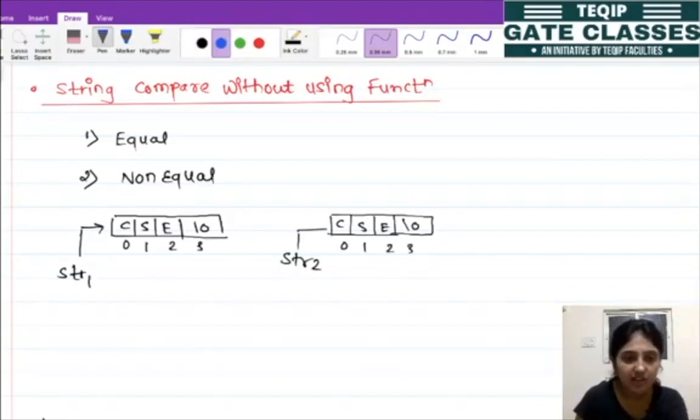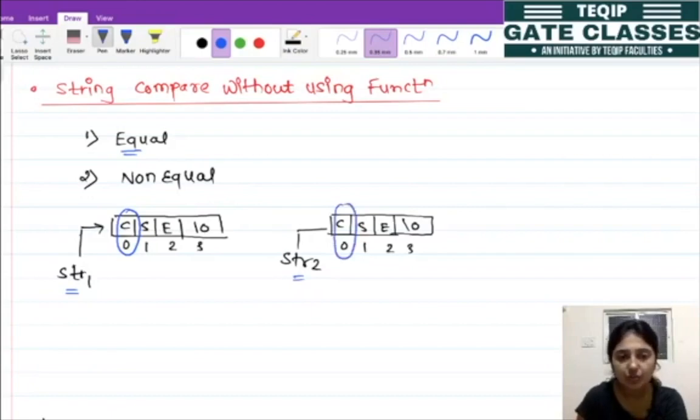Okay, so let's see how we can approach this problem. When we have equal strings, here we have str1 pointing to this array and str2 pointing to this array. So we need to compare the first location of str1 with the first location of str2, right?